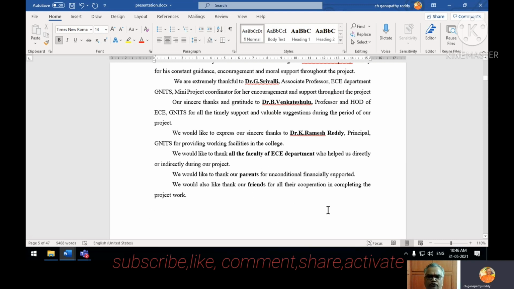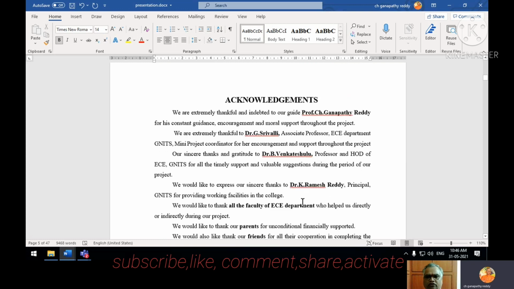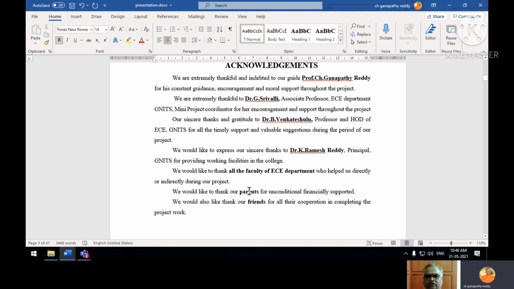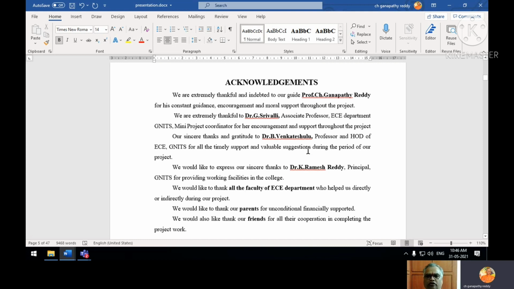You can include any number you are acknowledging. Don't mix parents and friends, don't mix staff and parents. Friends are one group, parents another group, faculty another group, principal another group, and so on.